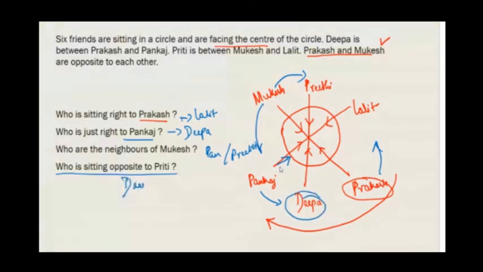In your test you will be given options. But I always suggest that you don't go for the options. Don't even look into the options. First get the arrangement. Once you get the arrangement, there is a good possibility that you will get the right answer. But once you see an option, you will slightly get deviated and distracted from your problem. I don't want that to happen with you. All right. Next.